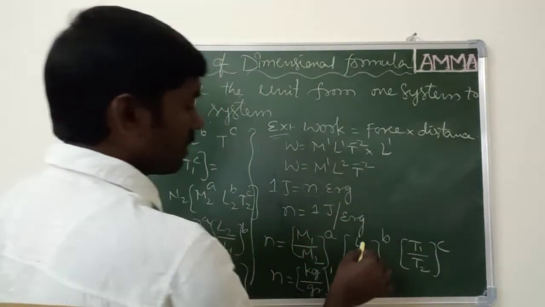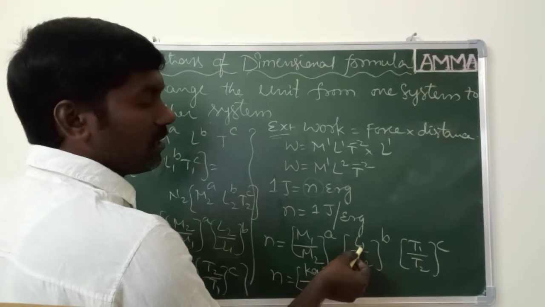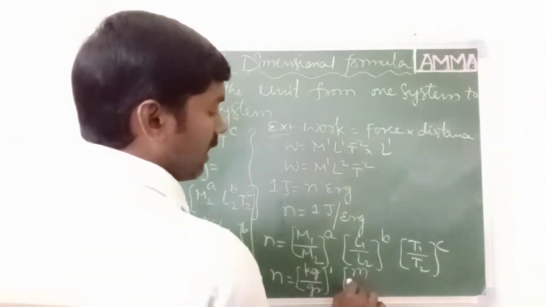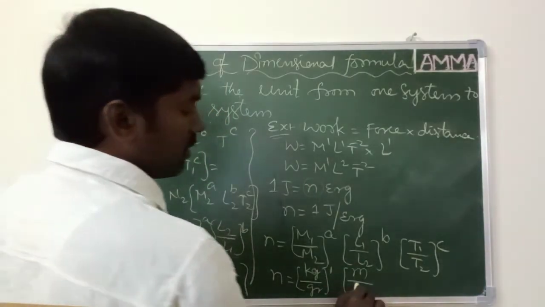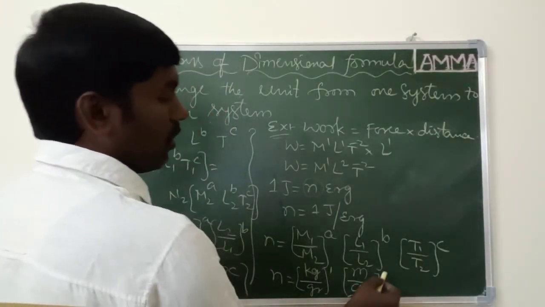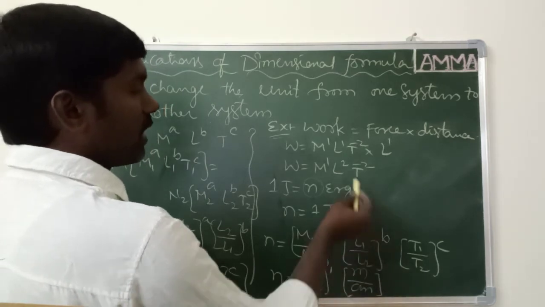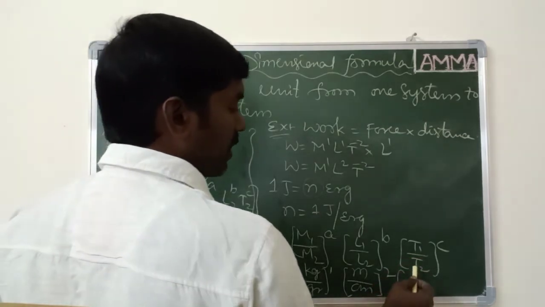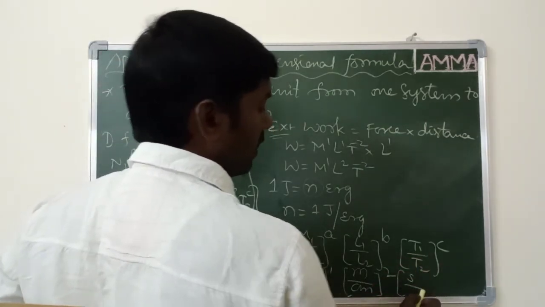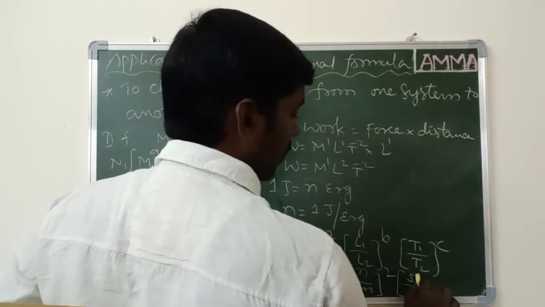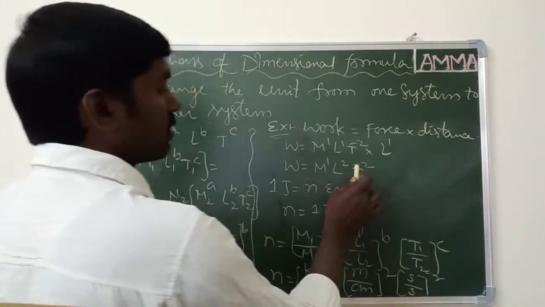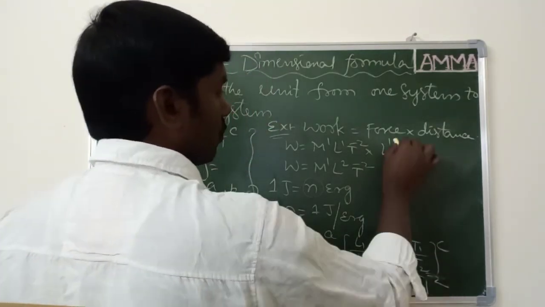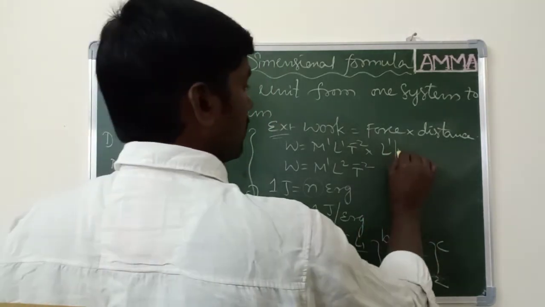After that, L1 by L2. L1 means the MKS unit of length, which is meters, divided by the CGS unit of length, which is centimeters. What is the dimension of length in work? Plus 2. Then, the MKS unit of time is second, divided by the CGS unit of time, second, to the power c. What is the c value? What is the dimension of time in work? Minus 2. So after that, n is equal to